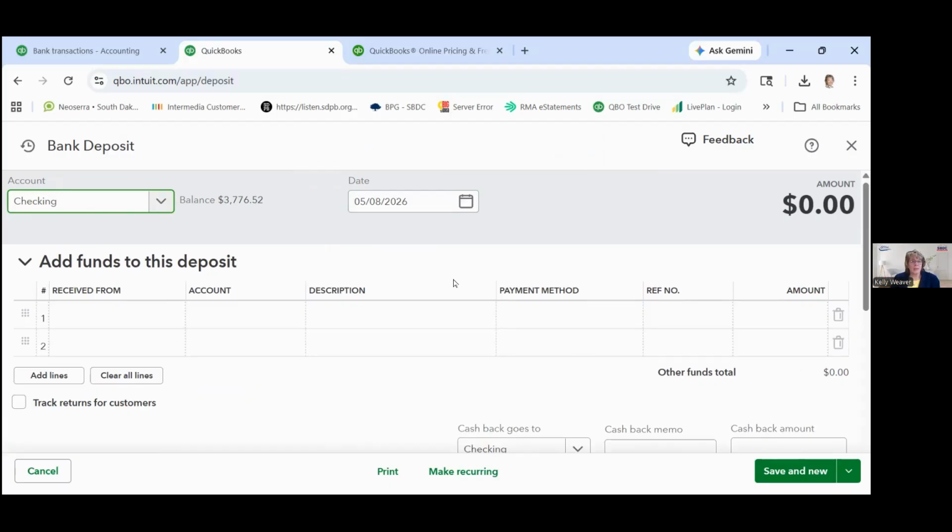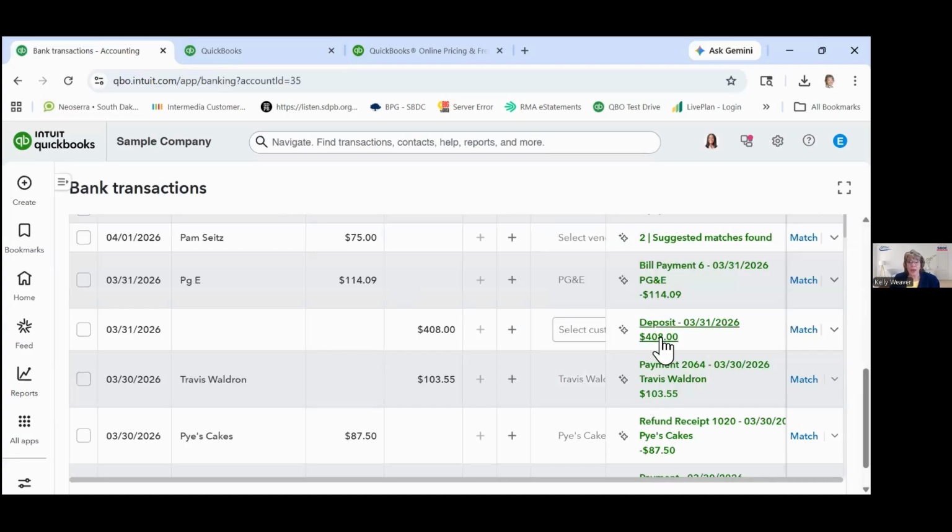Otherwise, I would have to go figure out which of these deposits, or if I didn't deposit it and they were still sitting in an undeposited fund, I would have to figure out which payments made up that $2,500. And that could be difficult if you had a lot of checks. Now, the one thing I've learned in working with some clients recently, and the way this has changed, is it didn't used to be this way. If we go back to our bank transactions and we look at a deposit,